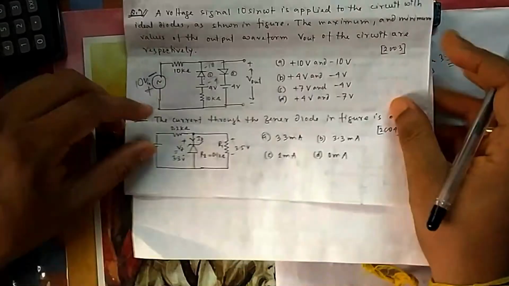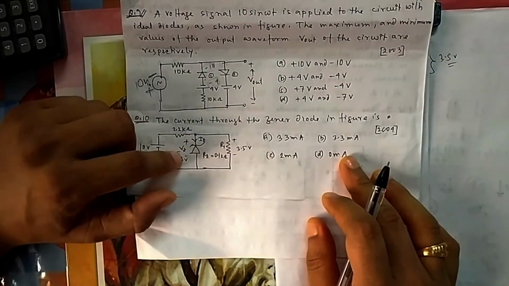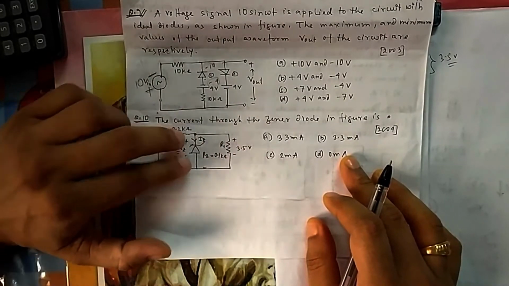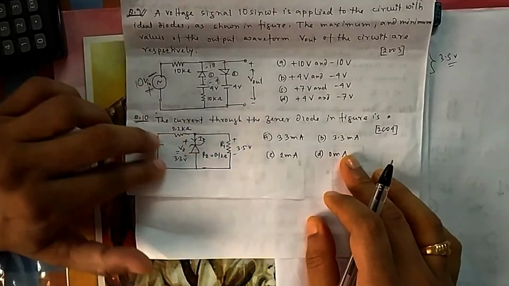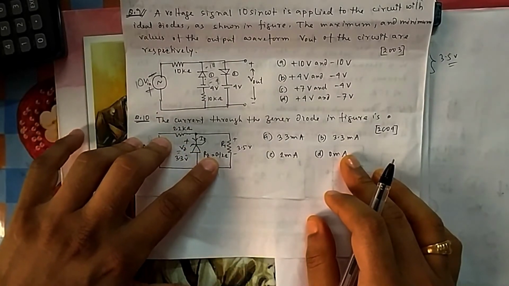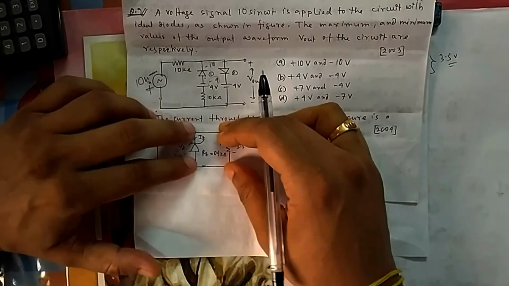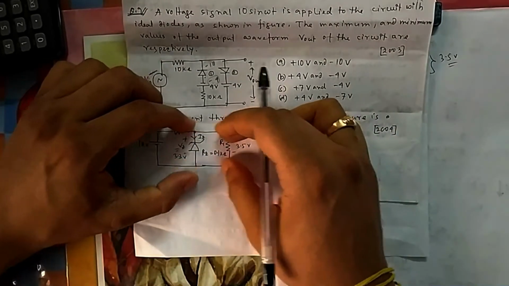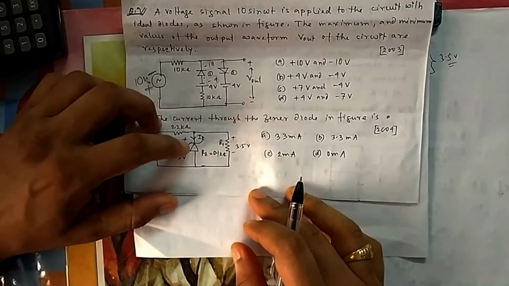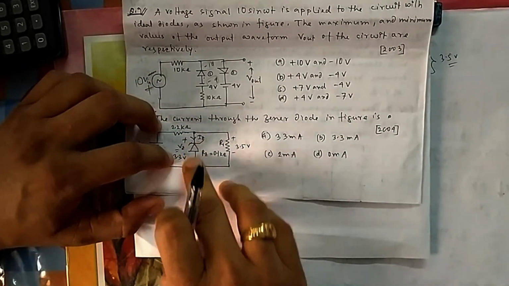Now you are getting it. That's why this side is 3.5, but the Zener is still in reverse breakdown. If it were an ideal Zener, you should have got 3.3, but there is some extra drop because of the internal resistance of the Zener. That drop is added and you are getting 3.5. So that's why they are not equal. Both of these should be equal because they are parallel. Here you cannot add anything, but here along with the Zener breakdown voltage you can add this drop.